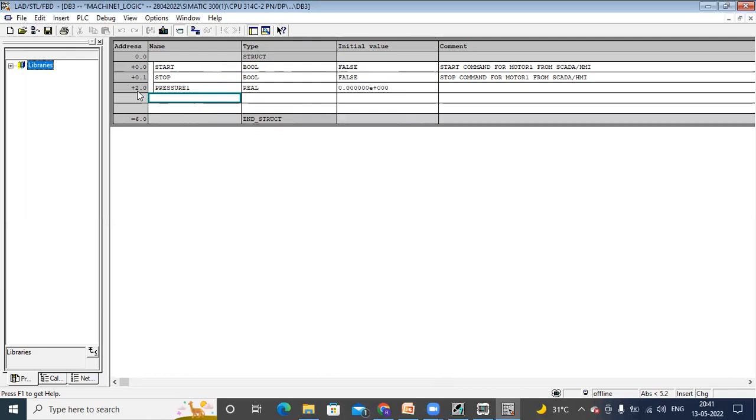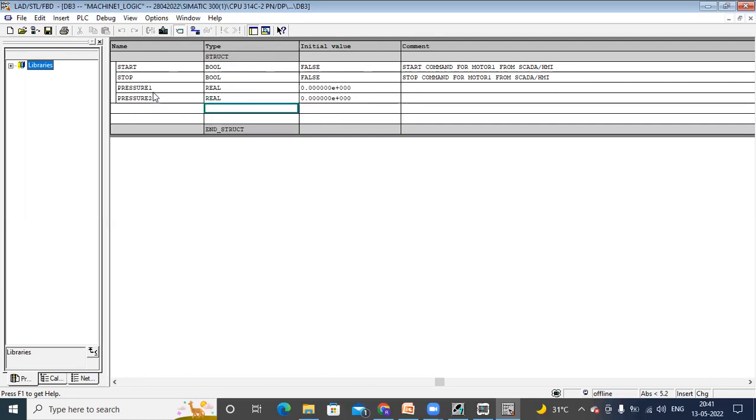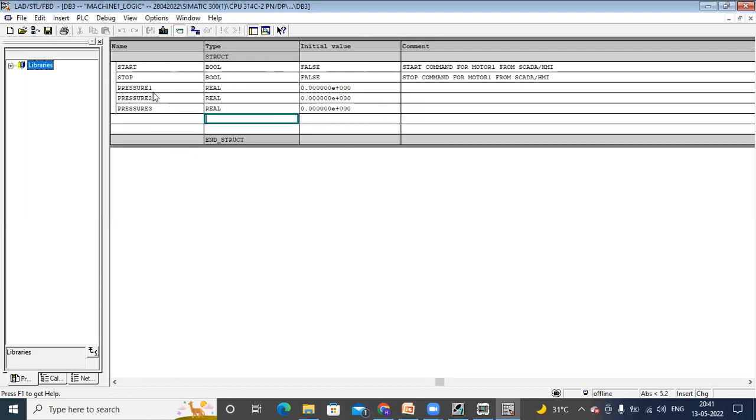So it is taking some address here, 2.0. Okay, so this is the address for the pressure. Now when I create pressure 2 as real, next one pressure 3 as real. Okay. Any other data type like temperature, like temp 1 as integer,